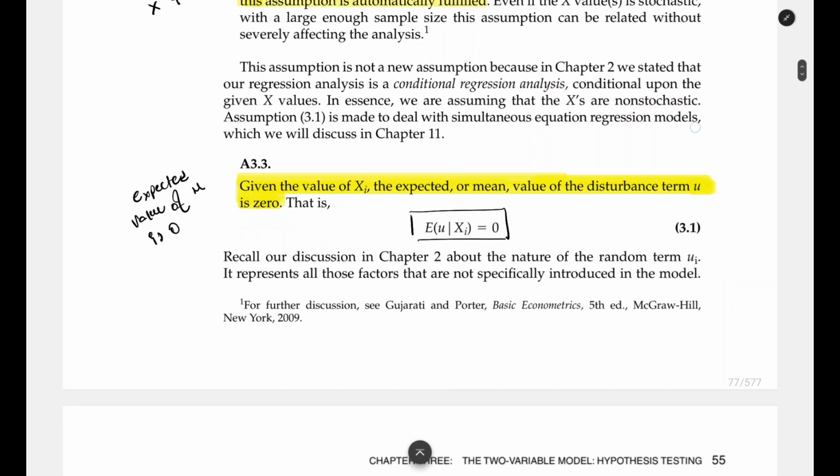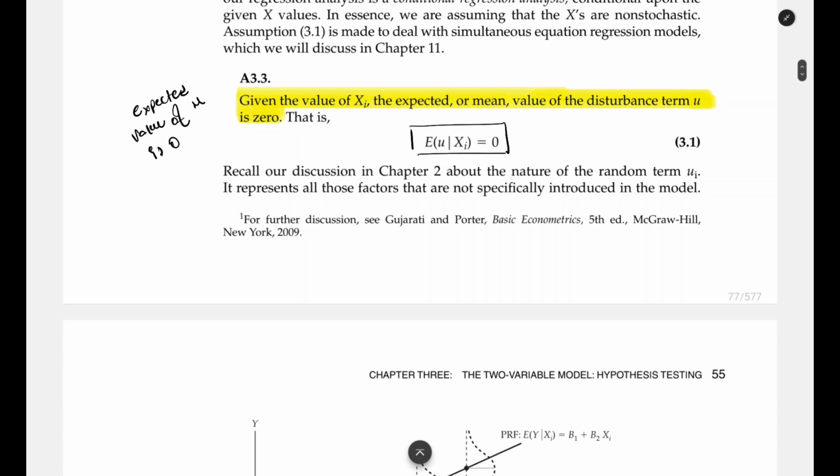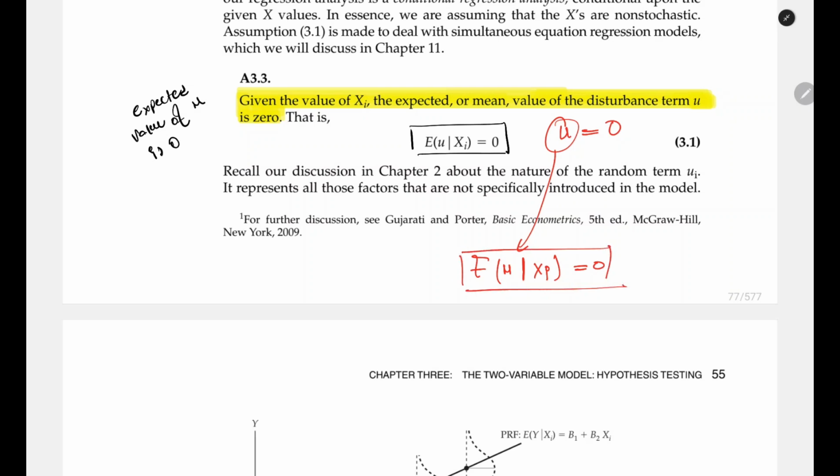Now the third assumption is that the expected value of the error u is 0. The expected value is to be written as expected value of u given our xi. This is equal to 0. Expected value of u given our xi is 0. Okay, moving ahead,